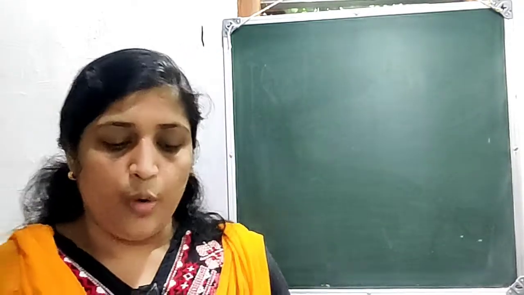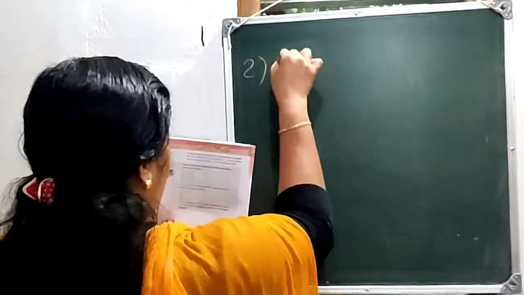The second question: prove that none of the polynomials below can be factored into a product of two first degree polynomials. Okay, none of the polynomials below can be written as the product of two first degree polynomials. How do we check that? Yes, so second question, first sub question.